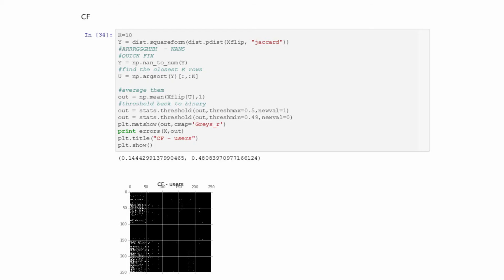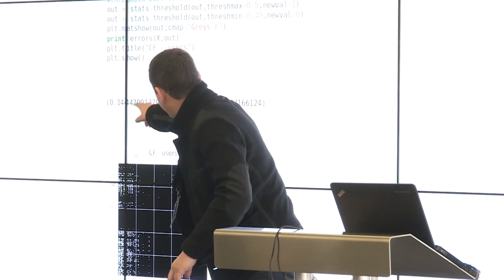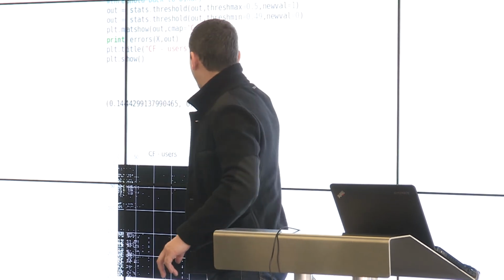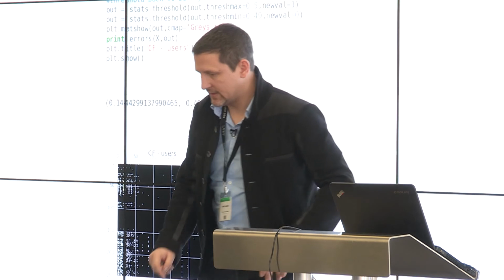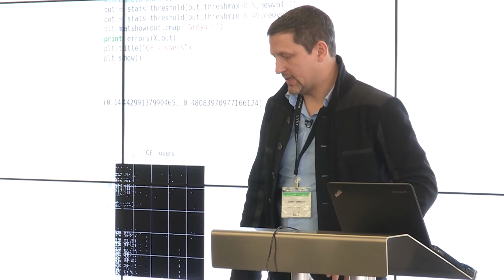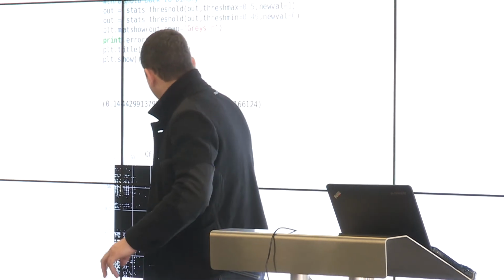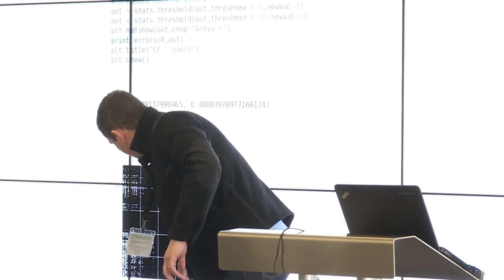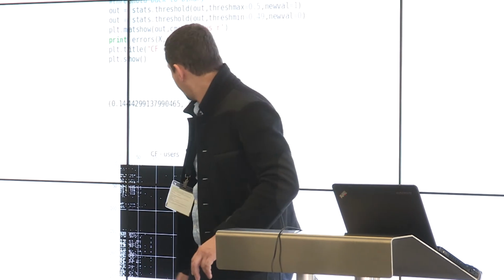So there we go. One thing is, you can see how there's kind of homogeneity in this. Because I'm averaging things, we get a more homogeneous set of data. I've made a few predictions here. And my RMS, if you just remember these numbers, is 0.14 and 0.48 for the sampled RMS. I think it's that way around. So what we're doing is we're trying to fill these lines in, really.